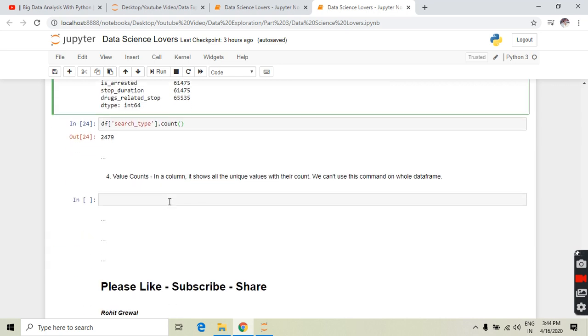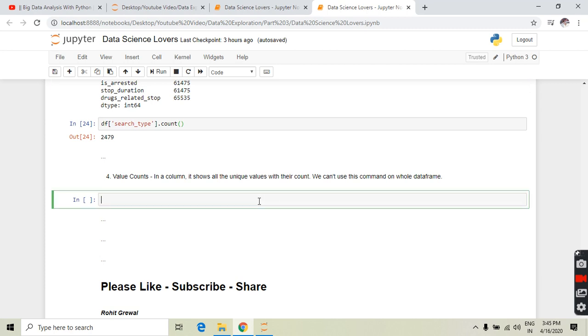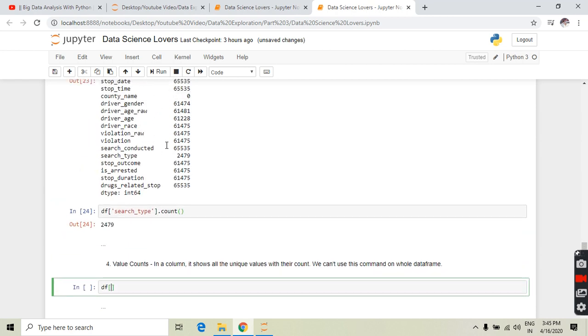Okay, so the next command is value counts. This is a very important command which is used many times in our exploration, and this command is used on only a single column. We can't use this command on the whole data frame, otherwise it will show an error. The syntax of this command is data frame name, any column name, let's say violation column,